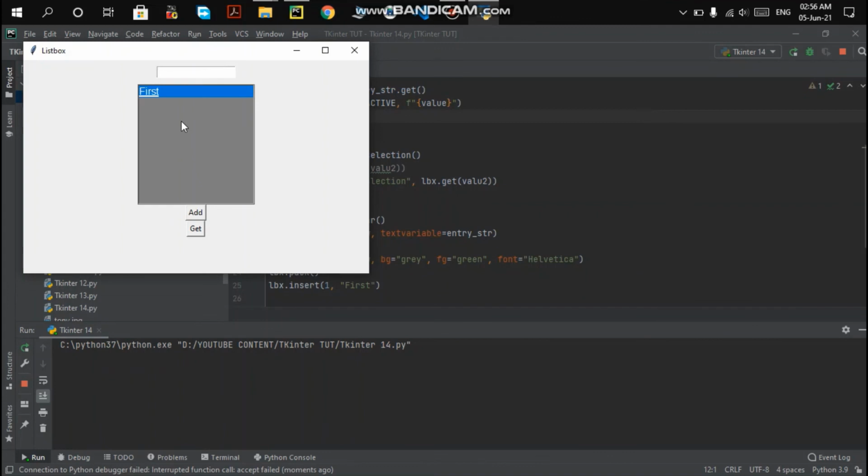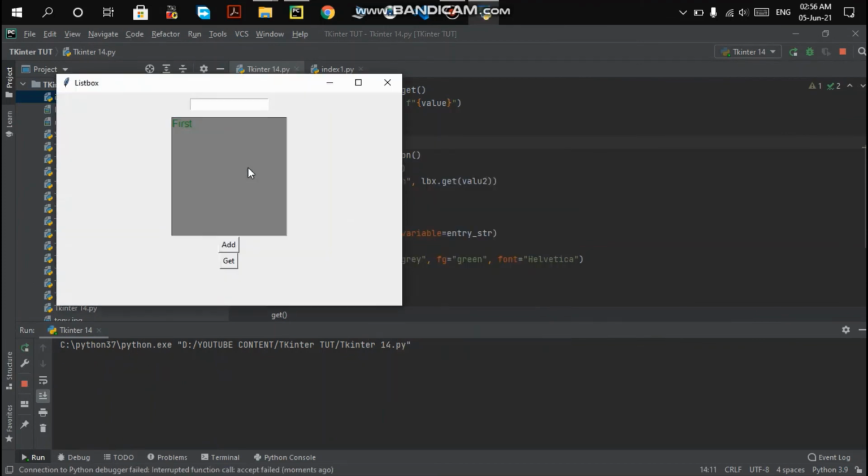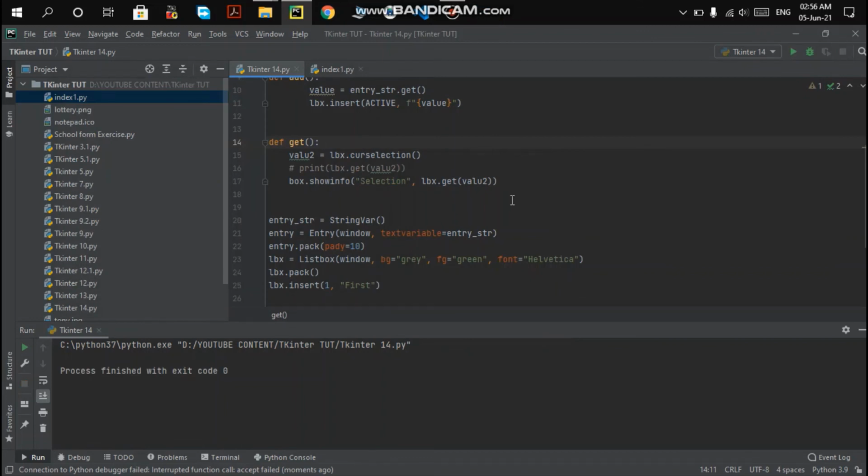So when you run it, you get the values, and your background color is gray, your font style is Helvetica, and your foreground color is basically green. Your text is green here, and your designing can be done like this. Let me tell you the options that you can use: background color, foreground color, border, height, width, font, and you can set the highlight color as well. The scrolling option can be done in two axes, giving the Y scroll command and the X scroll command, and the cursor option can also be set here.